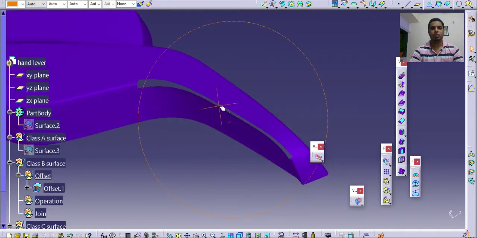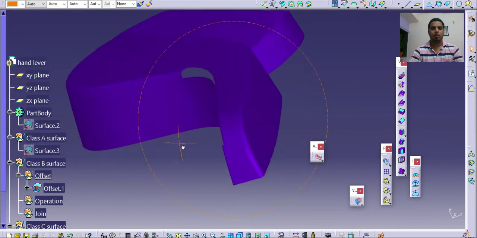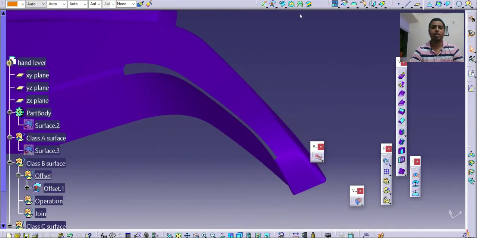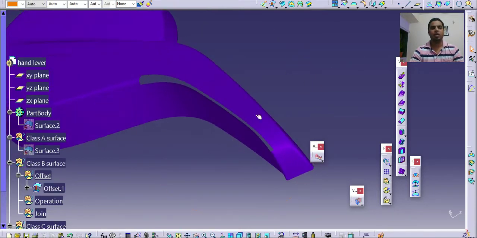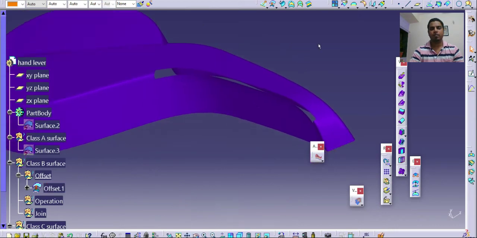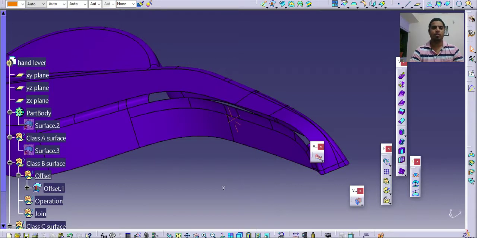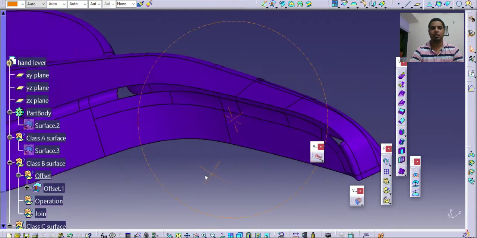So we need to fill up this cavity using various commands. There are a lot of options available. We can go for multi-section surface, we can go for the blend command, and so on. In order to simplify this geometry, I will activate the shading with edges option to easily understand how the geometry is.